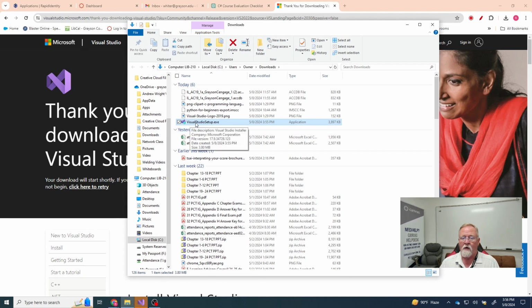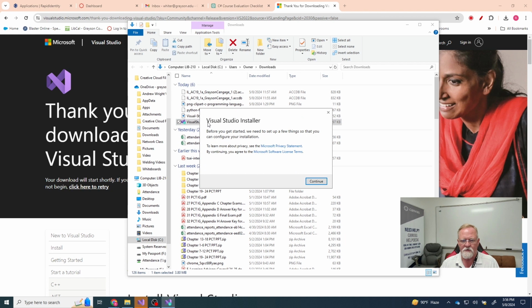Now, the executable to set up the program is very small, but the download that it's about to perform is very large. Multiple gigabytes, so you will need to set aside some time to perform this. If you're doing it at home, number one, you will need a Windows PC that is fairly new, and you will need a robust internet connection because you're about to download a very involved program. So we'll double click on the setup program,